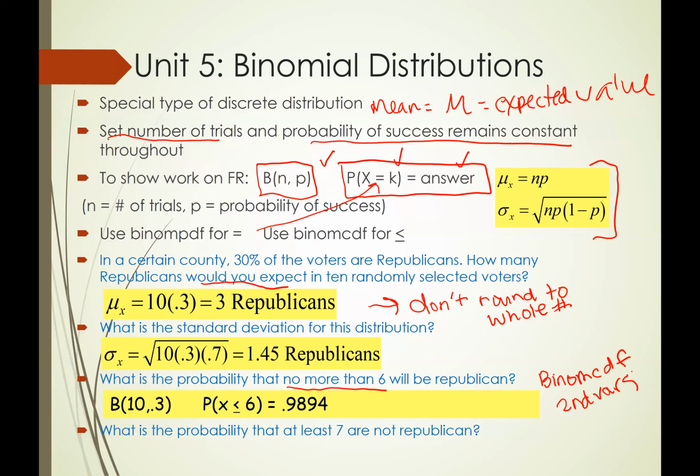What is the probability at least 7 are not Republican? So now we're looking at the ones who are not Republican. So we have a 70% chance of getting a non-Republican in this county. So I still have 10 chances. But now I'm looking for non-Republicans, so I have a 70% chance of success. I want at least 7, so that means x is greater than or equal to 7. So the way this works,